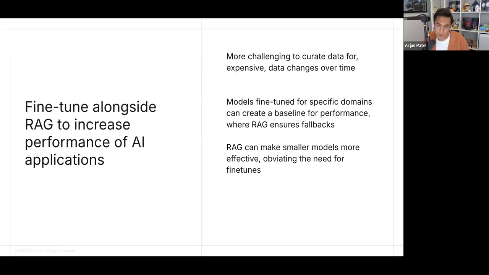However, a lot of our developers or customers think about this: you could say, I work in a really specific domain. There's not a lot of information about what my company does online, so any LLM trained on the internet is not going to know anything about that. I'm going to fine tune a model. That's completely fine. But using retrieval augmented generation can be a great way to have a fallback in the case